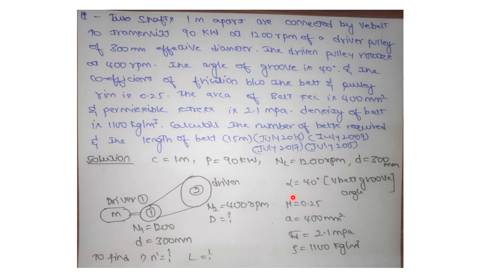Keep this in mind. Okay, the area of the belt, which is the trapezoidal cross section. In some problems, he might not give you the area directly, he might give you the breadth and the thickness of the trapezoidal cross section from which you have to calculate the area. The permissible stress is 2.1 megapascal. You have taken sigma d as 2.1. If he has not given it, he has clearly mentioned in the data handbook that you have to take so and so value as sigma d, and the density also. Even the density he has mentioned in the data handbook. Kindly refer. Density of the belt he has given in this problem, so 1100 kg per meter cube.